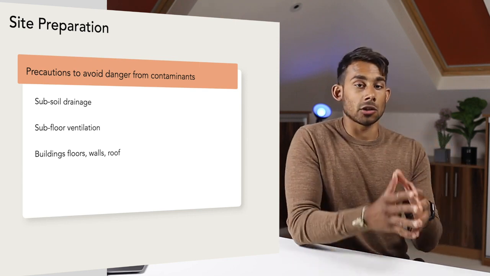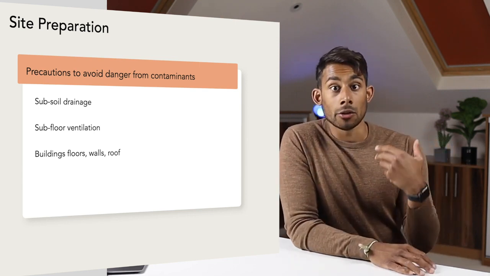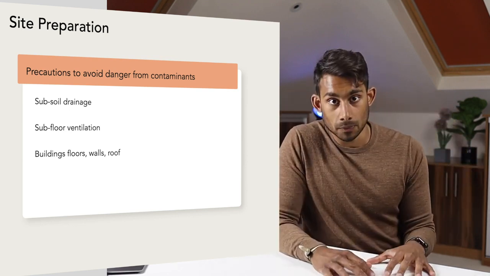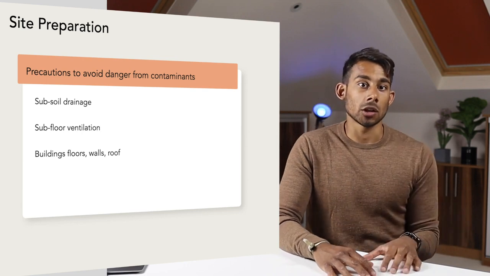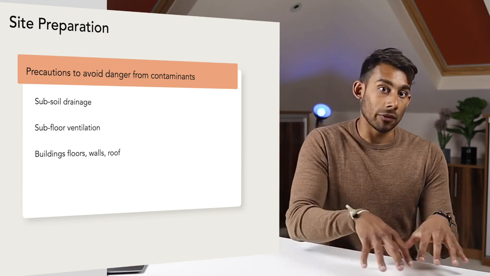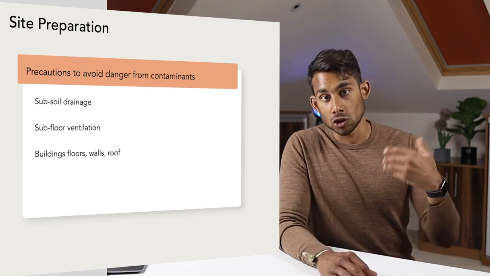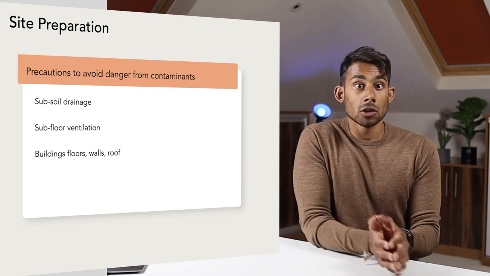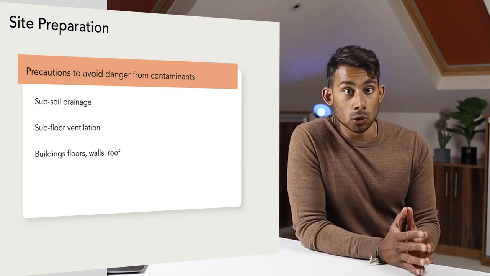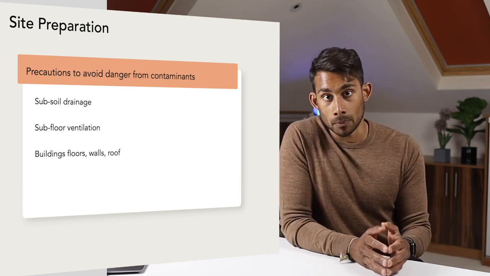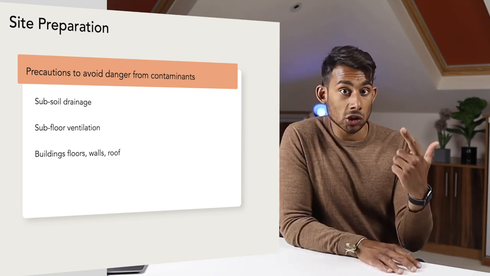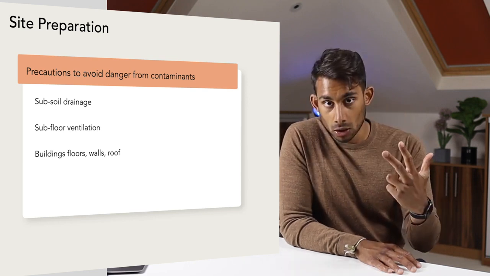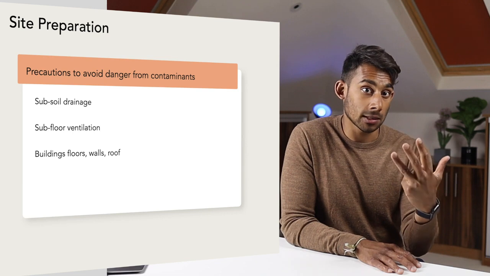Number 2, installation of subfloor ventilation. And some contaminants such as radon, landfill gases, and those from organic solvents and fuels can penetrate the building by a variety of means. In most cases, the rate of penetration can be reduced by sumps and subfloor ventilation, as well as other ventilation strategies. Number 3, a building's floors, walls and roof should adequately protect the building and its users from harmful effects that may arise from ground moisture, precipitation including wind-driven spray, interstitial and surface condensation, water spillage from sanitary fittings, fixed appliances